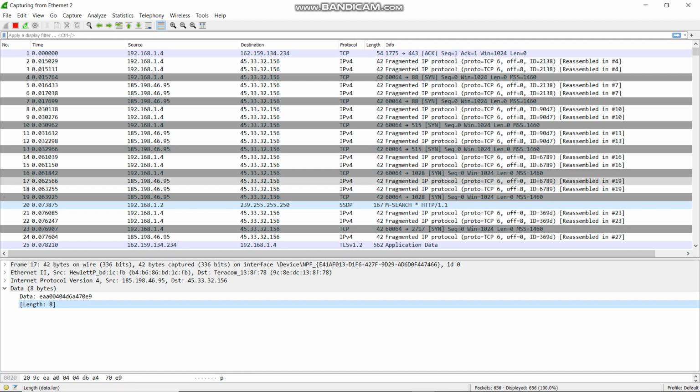Before that, I showed you it was 20 bytes. Now it's 8 bytes. When I fragmented the IP, it broke down the data packets into smaller units and sent them. When it evades the firewall or proxy, they will rebuild by themselves again. They are always in sequence.